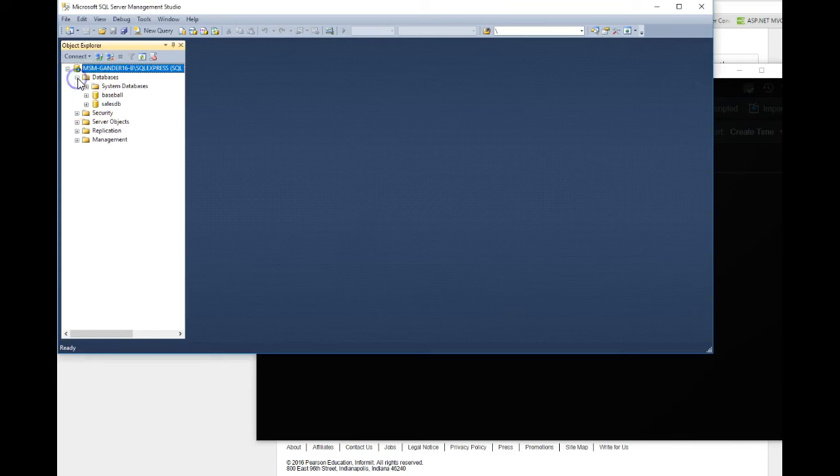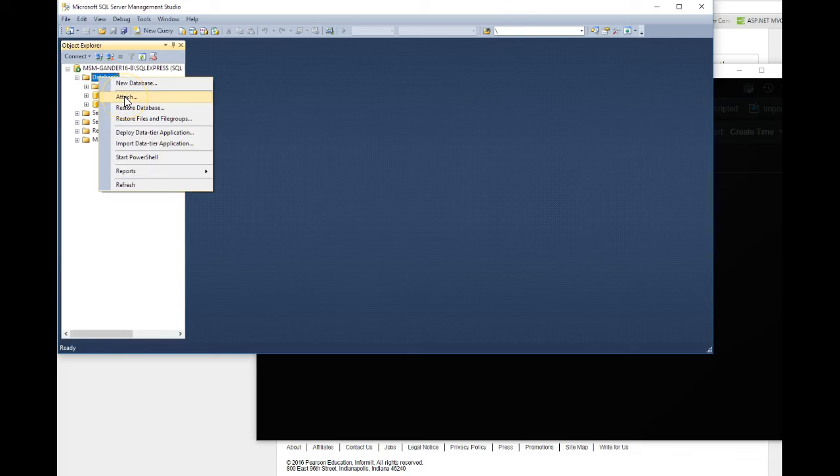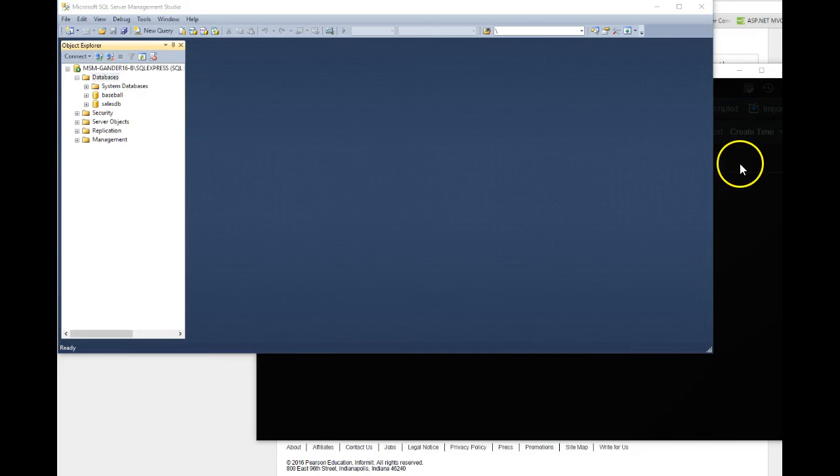And over here are the databases that I have installed already, but now I want to bring in all those other databases. So I'll click on Databases, right mouse click, and choose Attach. We don't have to do a restore because those files aren't backups. The databases are actually out there. We just need to attach those databases to our SQL Server, our SQL Express connection. So I'll click Attach,